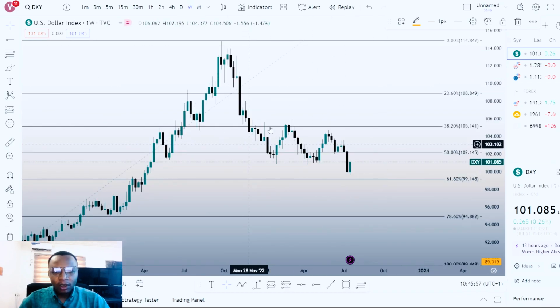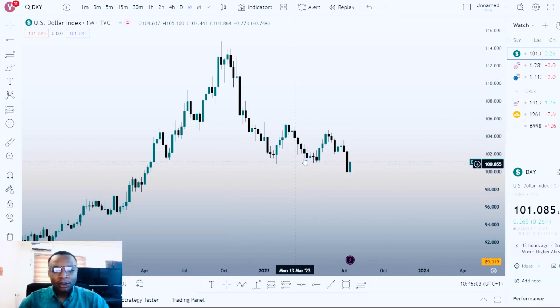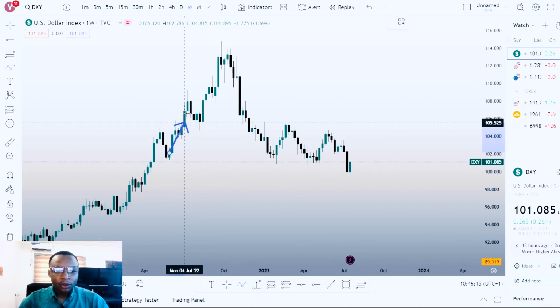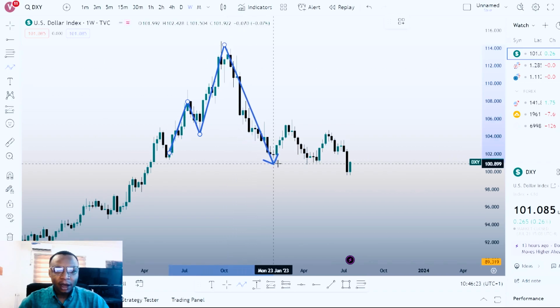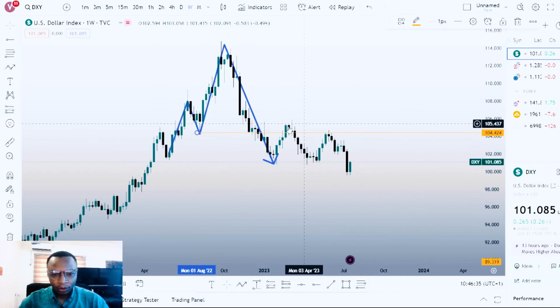Then on the weekly, we can see that the dollar has given us a structure to the downside. Let me take this off. Okay, so we can see that the dollar has given us structure to the downside. We're seeing a bearish structure. Price is taking out this low already. When price was still giving us the bullish structure, when it moved all the way up here, came down to this level, and then moved all the way up here, price was giving us a bearish structure. But then price came down all the way to this position and took out this low right about here. Okay, so price took out the low right about here where the orange line is drawn. So after price has taken out that low, we can now confirm that there is a clear break of structure